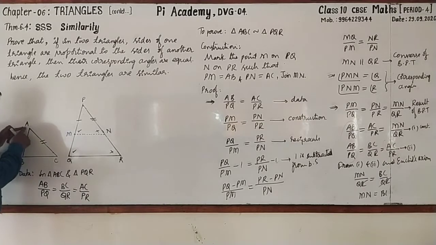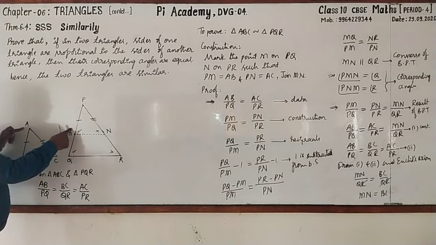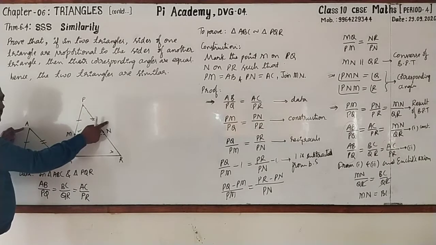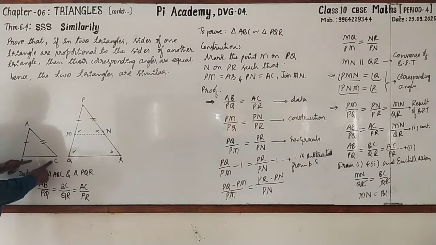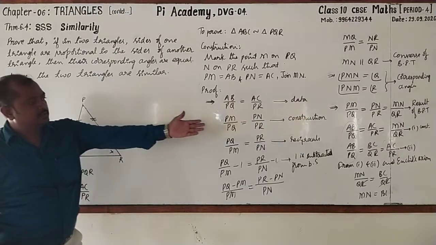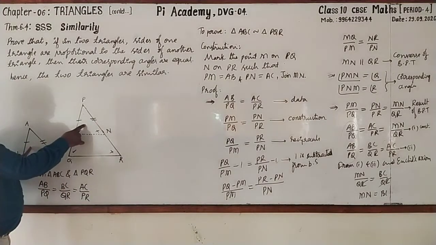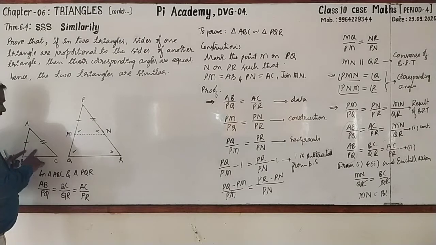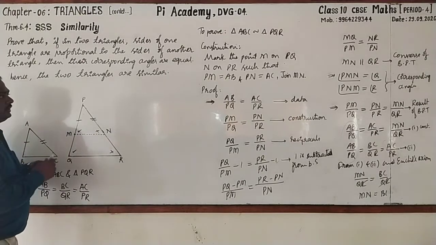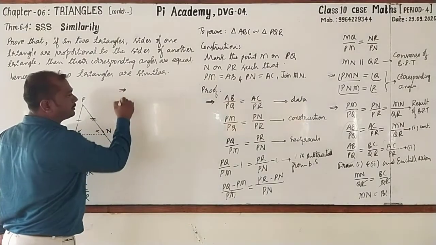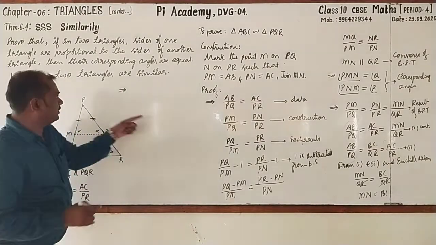Look here. Dear students, I told you in the beginning itself, we have to prove these two triangles as congruent. Here AB equal to PM, it is from construction. AC equal to PN, again from construction. BC equal to MN, just we have proved. According to which congruence rule? Yes. These two are congruent by the SSS congruency rule. Followed? Here I am going to write that. Just keep observing. I am continuing from there.